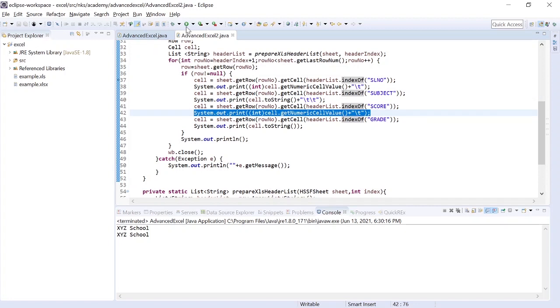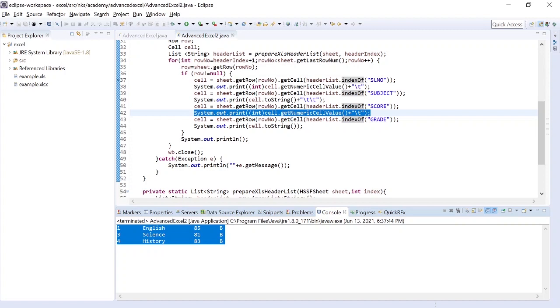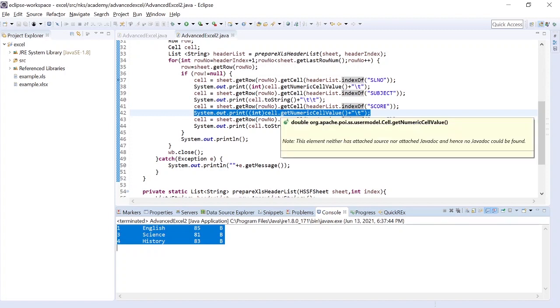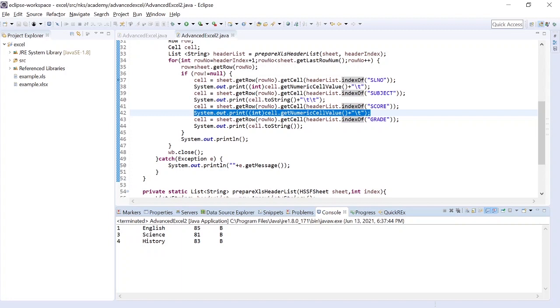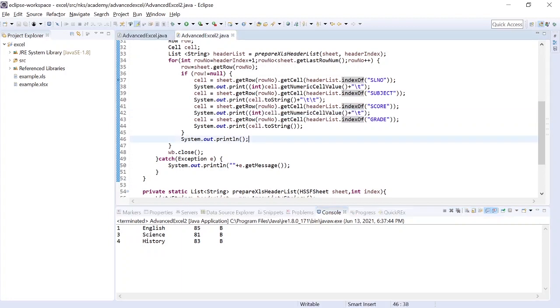Now let's print the value. See this, all the values have been printed in a formatted manner. As we have given \t to have it in a formatted manner, that's why it is printing like this. So this is something we can use when we want to run our program across various files, multiple files where the formats are not aligned or are changing every time, then we can use this way to parse.